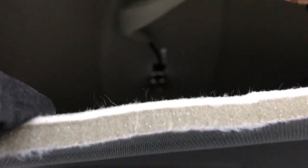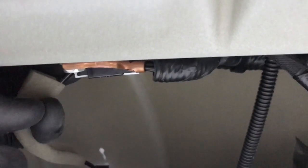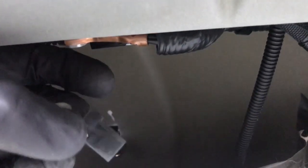And you can see the clip right there, the wire heading to the antenna. There's a tab on the top side of that, and it's going to be hard to film, but I'll show you once I get it unplugged. So I'm taking my index finger and I'm coming around to the top, and I'm pushing in on the tab and then pull out. So the tab is right here on the top, so I just pushed that in and then pulled it out. And now the antenna is unplugged,